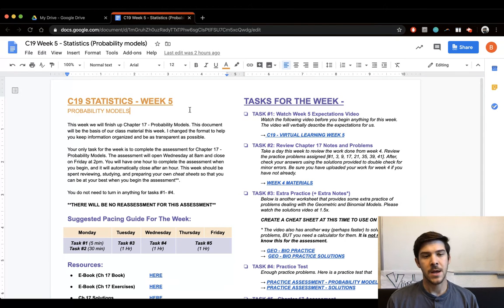For this week, you're going to have several tasks, and you do not need to turn in anything for tasks numbers 1, 2, 3, or 4. The only thing you really have to do this week is take the assessment. I recommend going through the tasks as they'll give you a good summary of what you need to do for the entire week and give you a good review, preview, and practice. But really, the only thing that you have to do is the assessment.